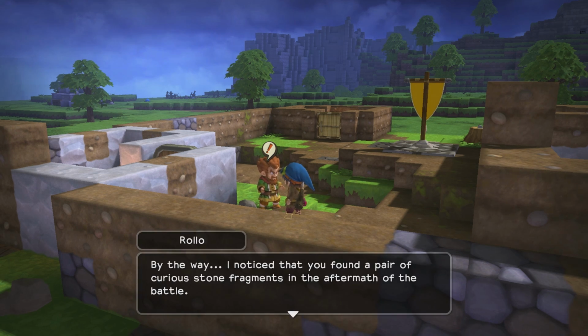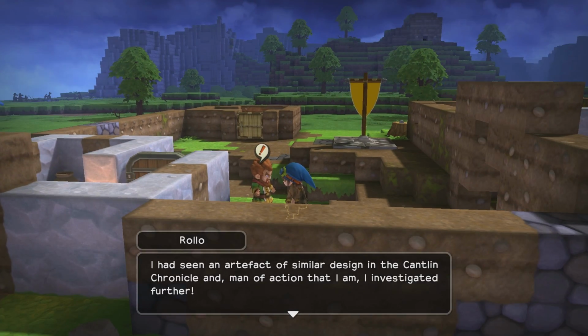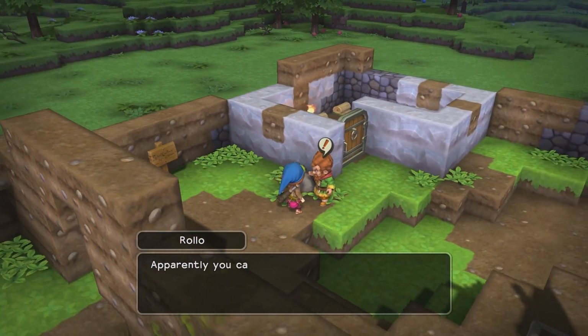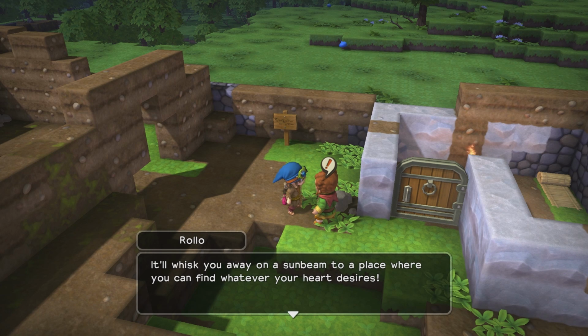By the way, I noticed that you found a pair of curious stone fragments in the aftermath of the battle. I had seen an artifact of similar design in the Cantlin Chronicle, and man of action that I am, I investigated further. If you were to stick those fragments together again, I believe you would form a device known as Teleportal. Apparently, you can just plonk that thing down on the ground and, hey, presto, it'll whisk you away on